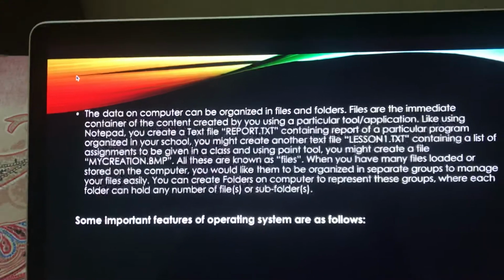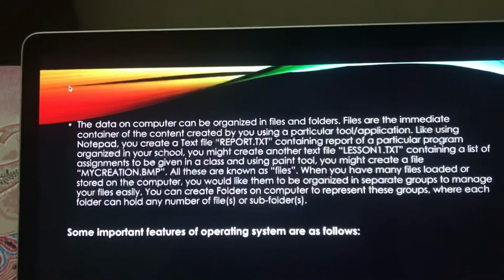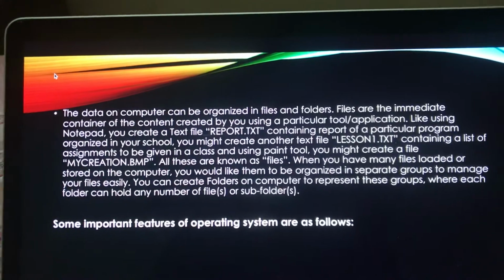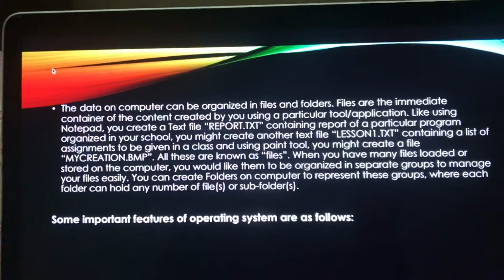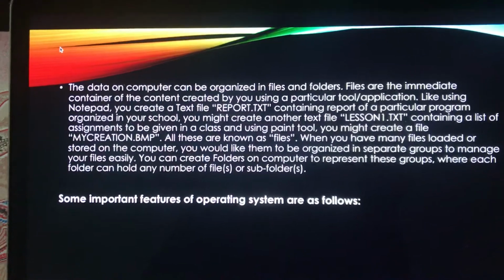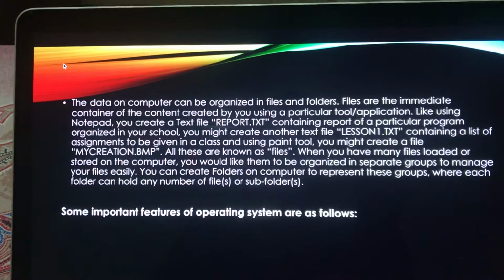Okay, for example, take the example of Notepad. You have created a text file, that is report.txt. You must be aware of the file extension of Notepad, that is .txt, meaning text. So it contains a report of a particular program organized in your school.